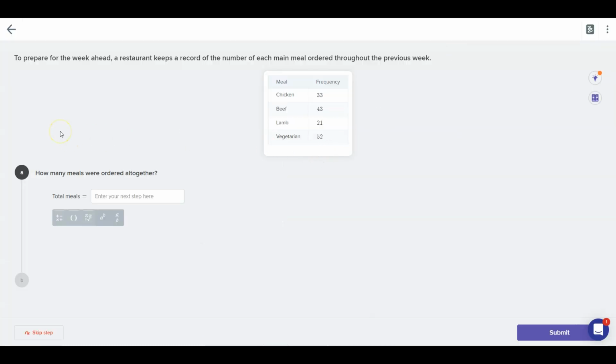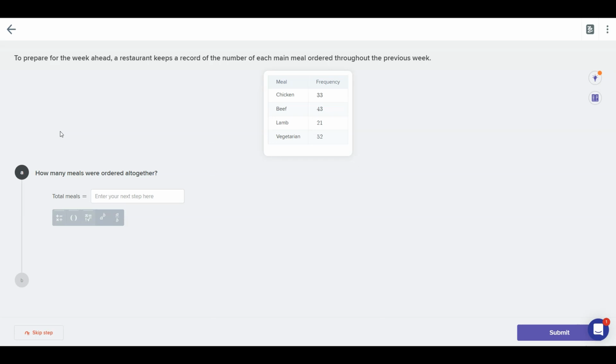First question here says, to prepare for the week ahead, a restaurant keeps a record of the number of each main meal ordered throughout the previous week. Part A says, how many meals were ordered altogether? Now, this is a fairly common start of a question because remember, with probability, we need to know how many of the thing happens in total and then how many of those options are favorable for us so that we